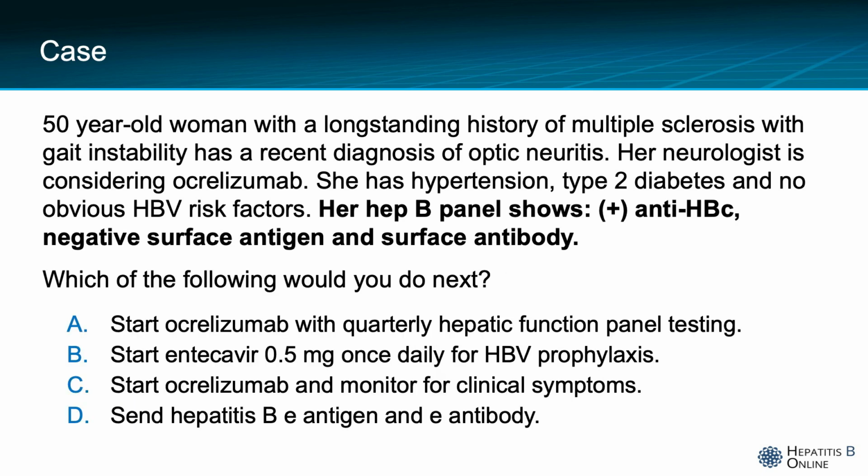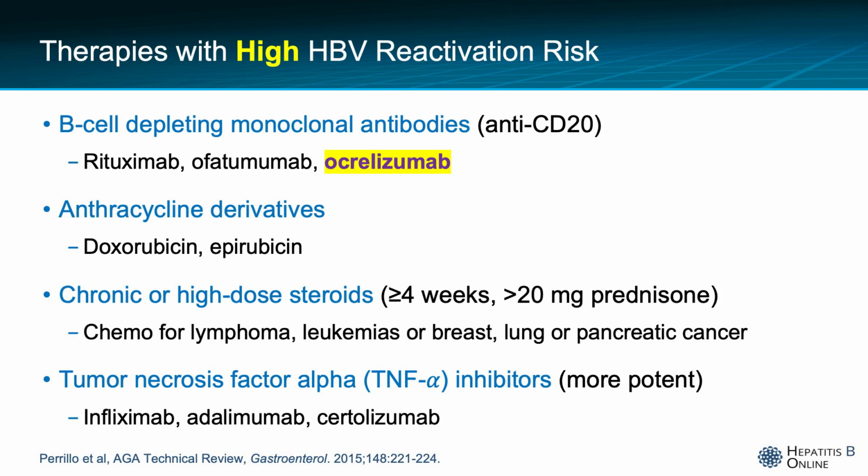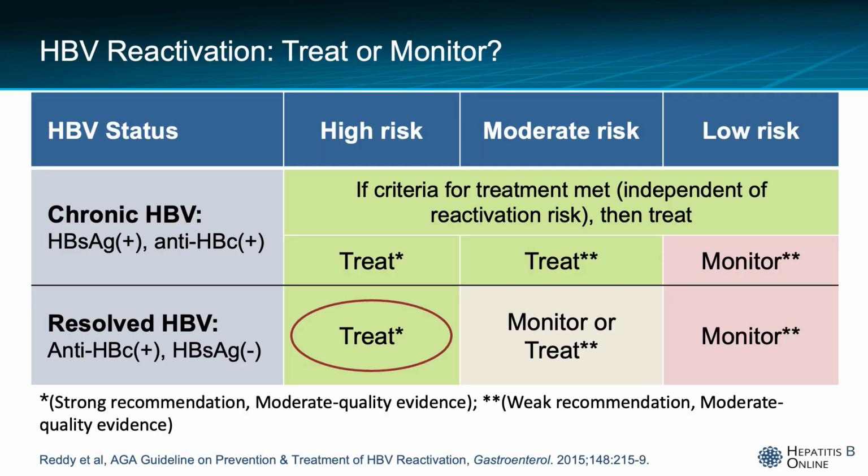So her hepatitis B panel shows a positive core antibody and a negative surface antigen and surface antibody. So which of the following would you do next? A, start ocrelizumab with quarterly monitoring. B, start entecavir 0.5 mg once daily for HBV prophylaxis. Or C, start ocrelizumab and monitor for clinical symptoms. Or D, send hepatitis B E antigen and E antibody. The answer is B, to treat. And the reason we treat is because ocrelizumab is a B-cell depleting monoclonal antibody with high risk of HBV reactivation. So that regardless of whether you are a chronic carrier or someone with core antibody but negative surface antigen,